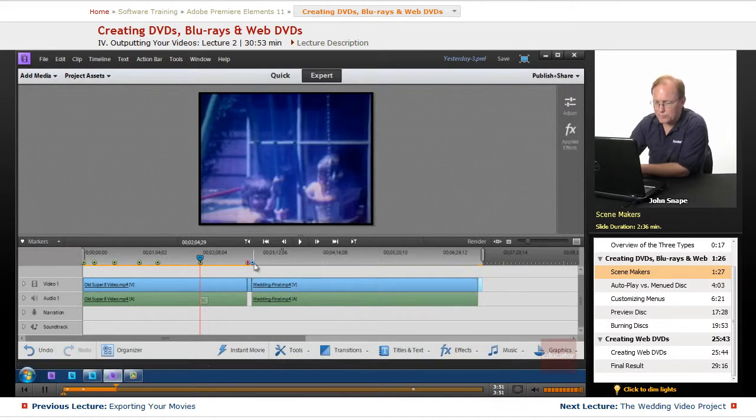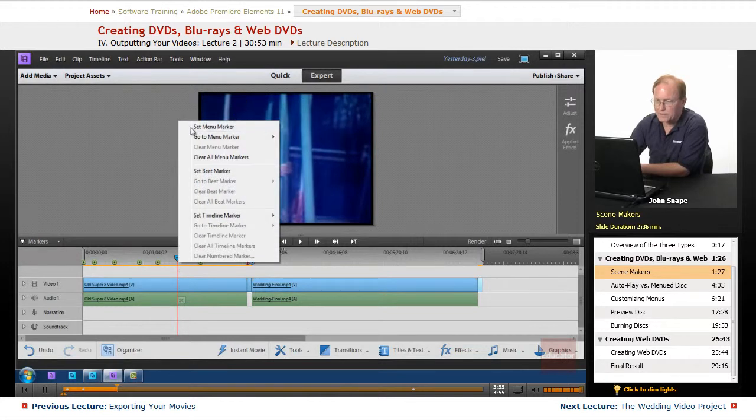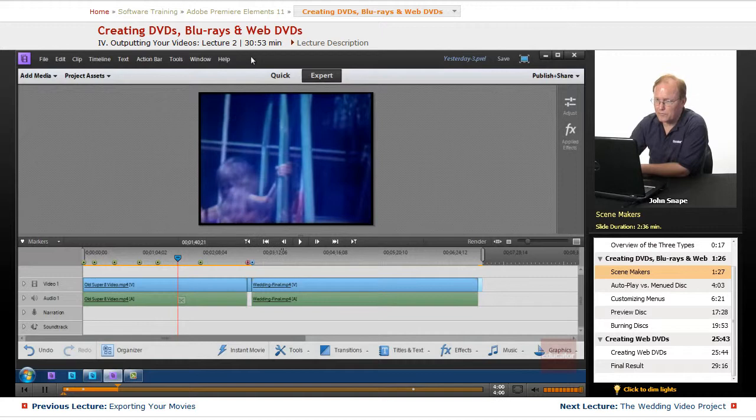And as you can see, it's pretty easy to put these markers in here. You just come to a spot, you right click, and you set menu marker. After you've done all of those, then we're